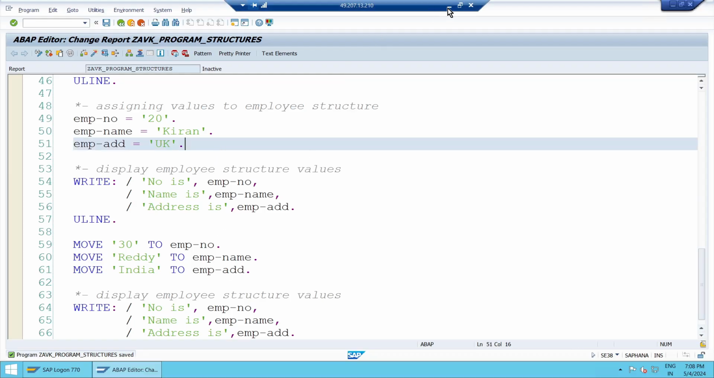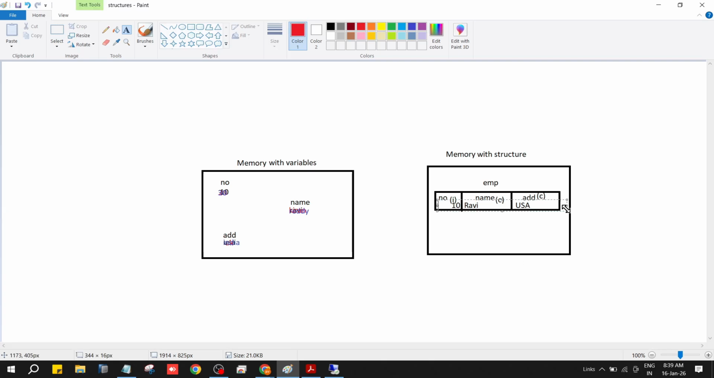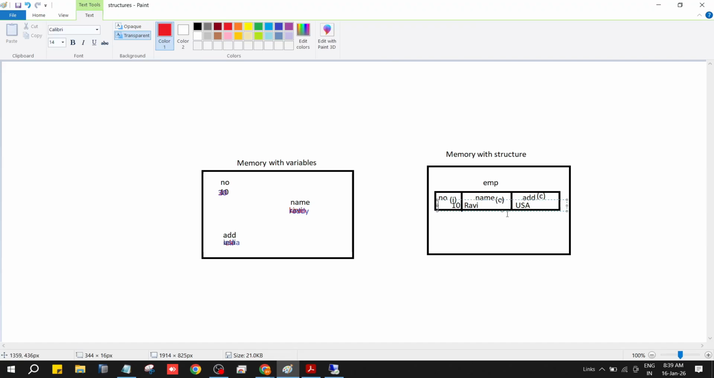20 Kiran UK comes. When it comes to 20 Kiran, again we will take some other color. We will try to overwrite it. Yes, this overwrite is there by default. That is 10 overwritten by 20, Ravi by Kiran, and if you go to USA by UK, right? UK, etc. Yes, right? UK because capital